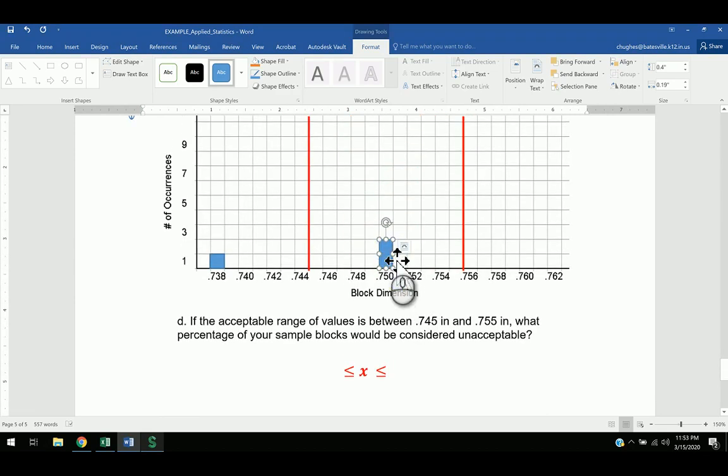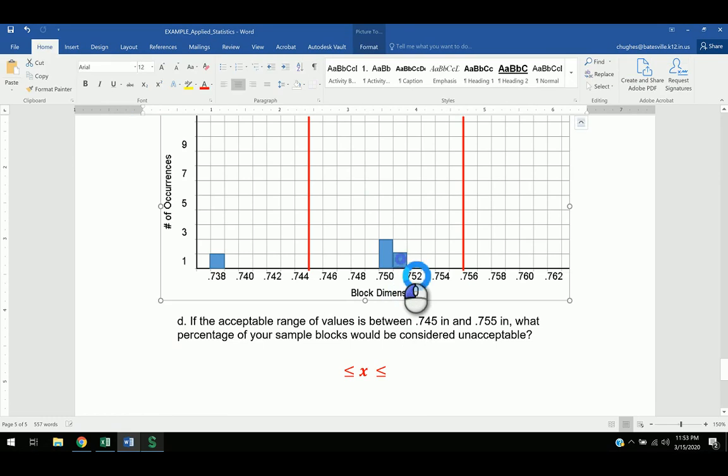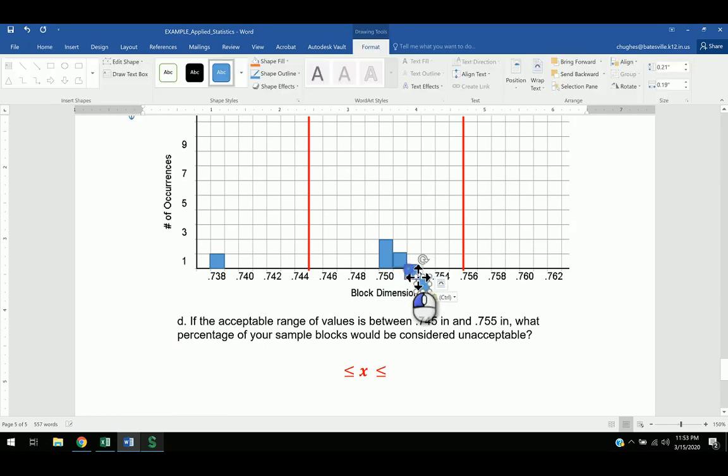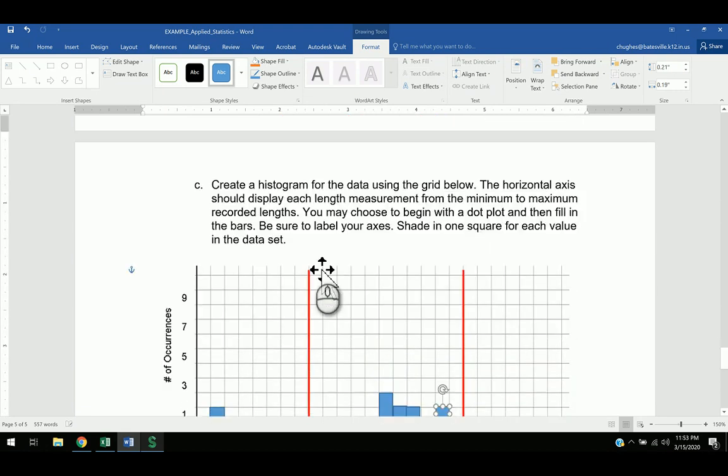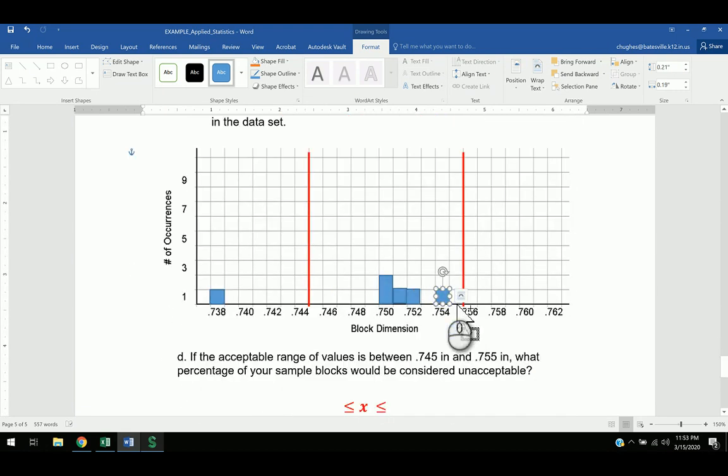One easy way is I can also just select the shape, Control C or Command C, Command V, and then here, so the next one, and then I can resize the rectangle to go to my next particular one there. So this becomes really easy because I got one at 0.752. I got one at 0.754, and looking at my data, 0.758, 0.759, so I can continue to put some of those in. There's 0.758, there's 0.759,